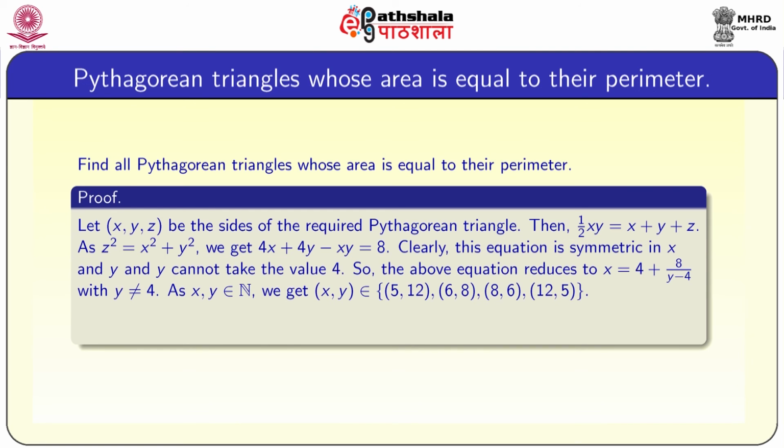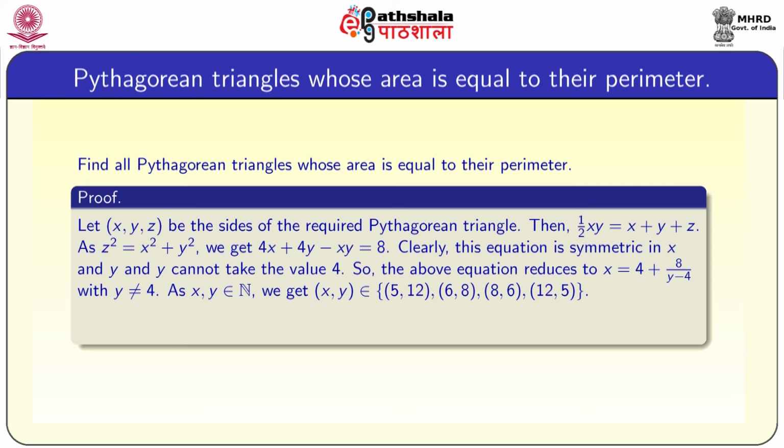We will get that 4x plus 4y minus xy is equal to 8 by substituting this in that equation. Clearly this equation is symmetric in x and y, and y cannot take the value 4. So the above equation reduces to x equal to 4 plus 8 by y minus 4, with y not equal to 4. As x comma y are natural numbers, we are going to get xy as 5 12 or 6 8 or 8 6 or 12 5. So we have 4 pairs of values for x and y. x and y can be 5 12 or 6 8 or 8 6 or 12 5 to get the Pythagoras triangle whose area is